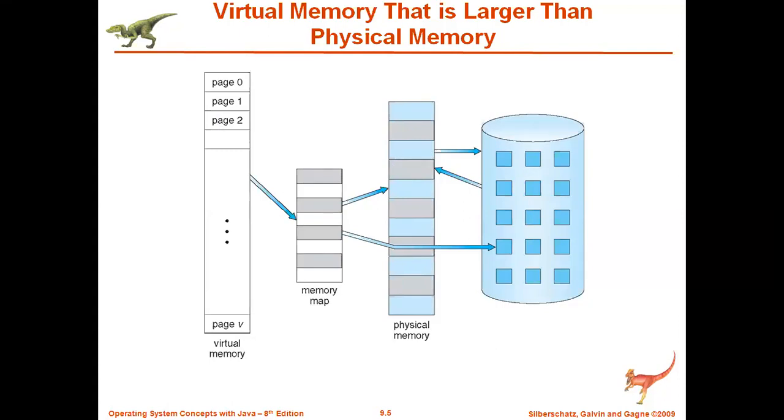That means we are going to bluff the CPU in such a way that whatever data he asks for, even if it is not there in the main memory, I will tell him a lie that it is there in my main memory. It will not be there, but I will tell a lie to him, creating the illusion that all the data is there in the physical memory itself. How will I create that illusion? Whenever he asks for something, he will request the main memory whether the data is there. If it is not there, then I will send him a message that yes, the data is there. Wait for a second, I will get it for you.